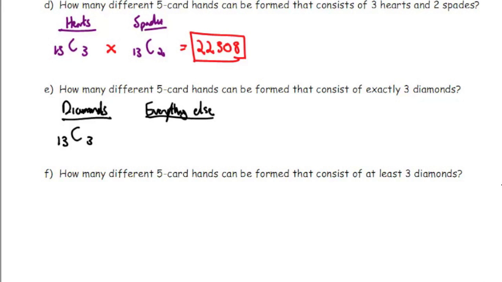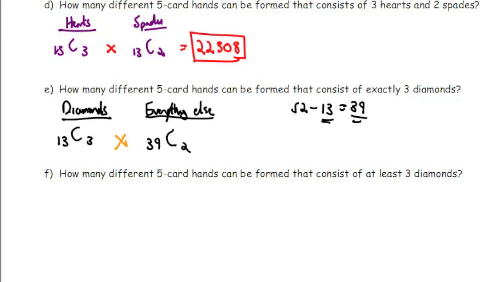However, we have everything else, because we want exactly 3 diamonds, which means we can't select any more diamonds, which means our pool of cards to choose from now isn't 52, it's 52 subtract 13, 13 being the number of diamonds, and that leaves us with